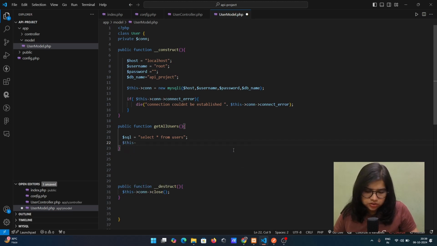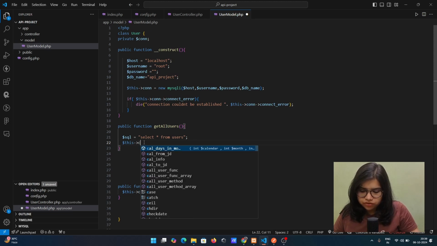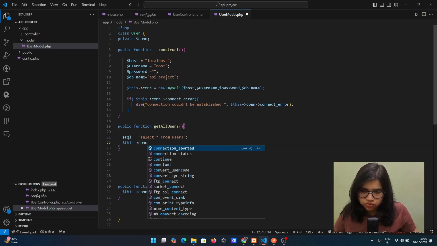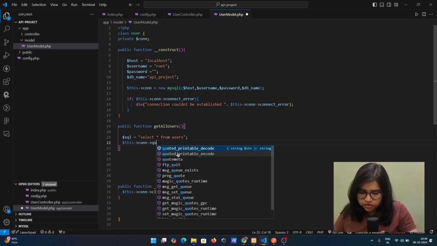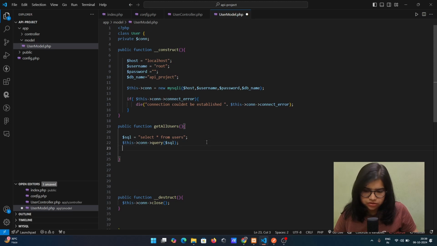And here, we know that the constructor function will run first before anything else. Whenever we hit this get all users function, the constructor function will still run first. So we will have the connection which we declared in the constructor, and to this we will add this query, and within this query we pass the main query that we have written. And now whatever the result of this will be, we will put it in result,